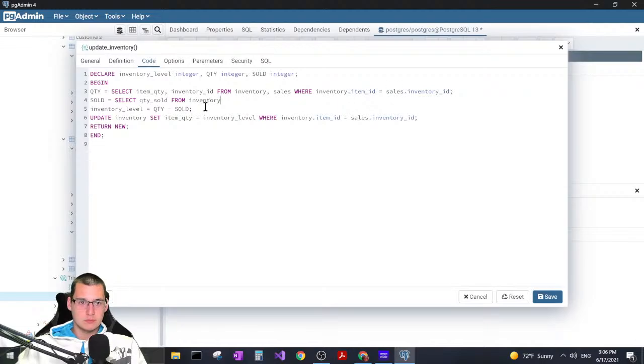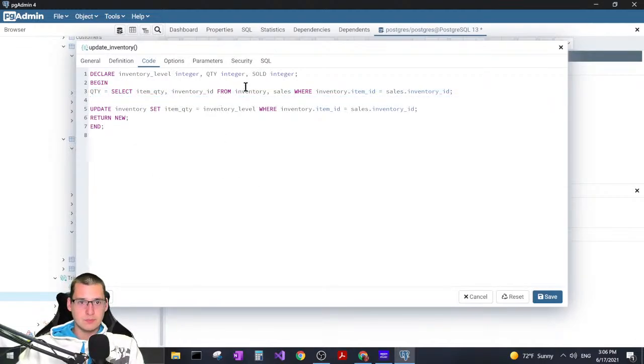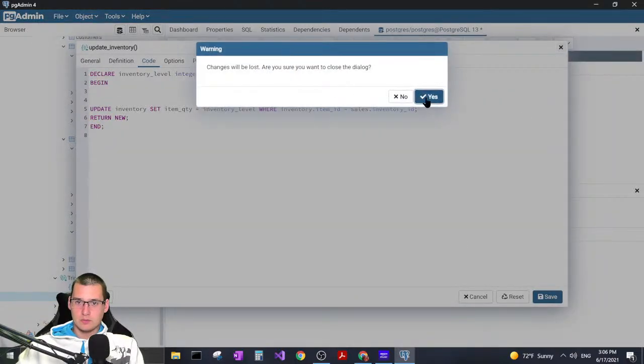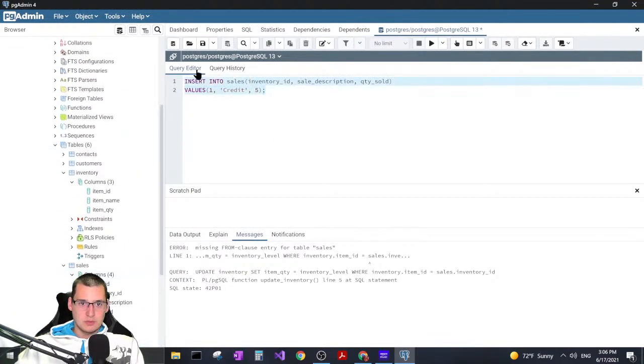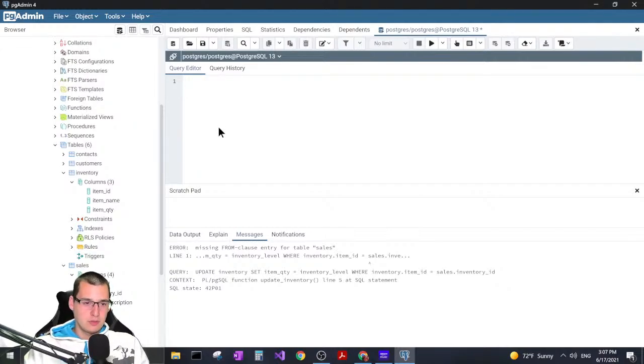Hold on. Yeah, so I think, alright, before I even do this, what I'm gonna do is create a function that returns my stock, which is gonna return basically my inventory level for that item. In order for this to work, I need to do that. So we're gonna create